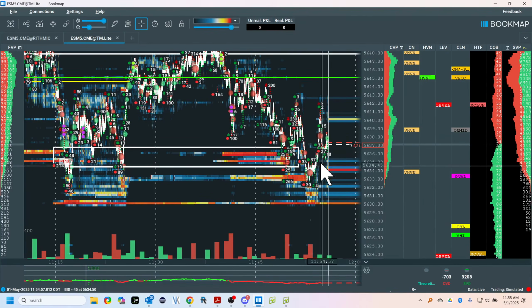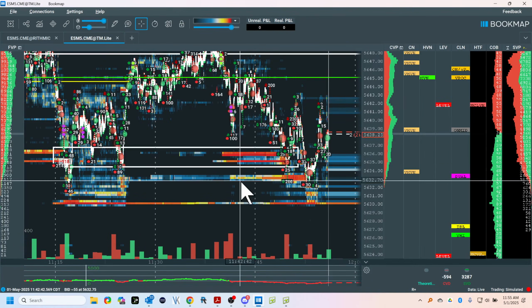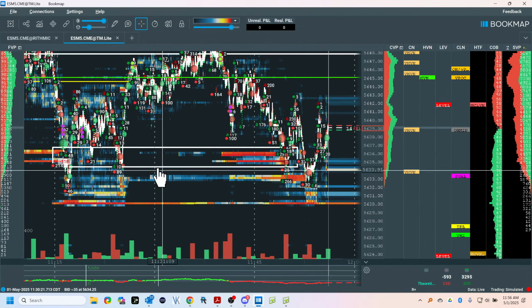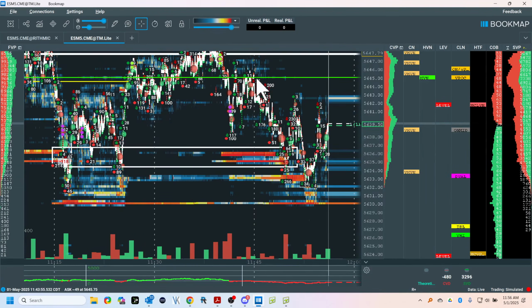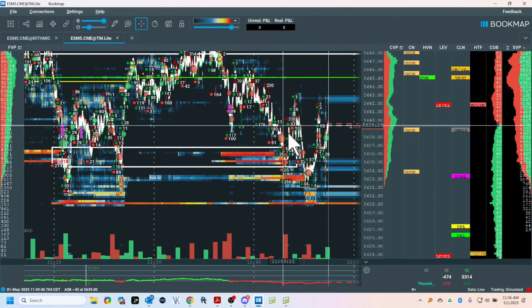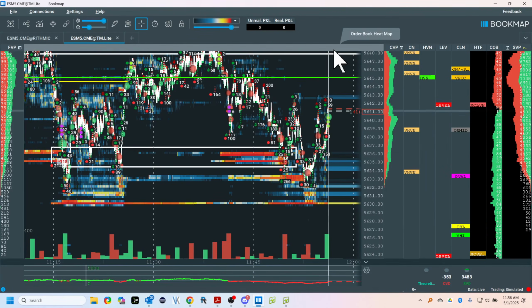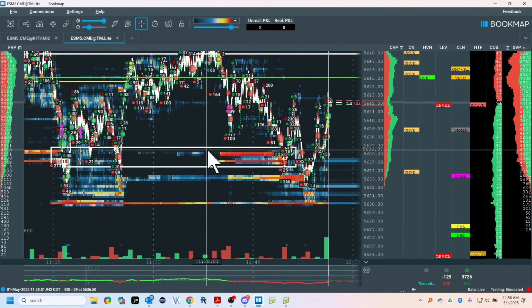Where's our support, by the way? It's here. Okay, let's see what it does. Where are we trying to go? Here. Mean reversion, stressing the mean. Can you see why I was looking for shorts to there, and then longs, and right now to there, and wherever? Are you following me?